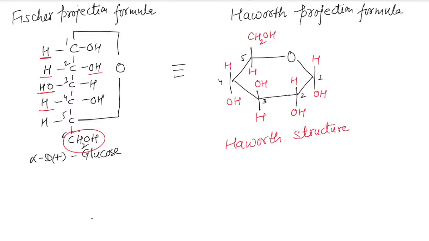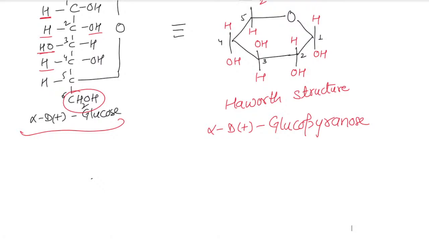And this one is the Fischer projection, okay. That is for alpha D plus glucose. This is called alpha D plus glucopyranose, okay. Now beta, for beta there is only one change,